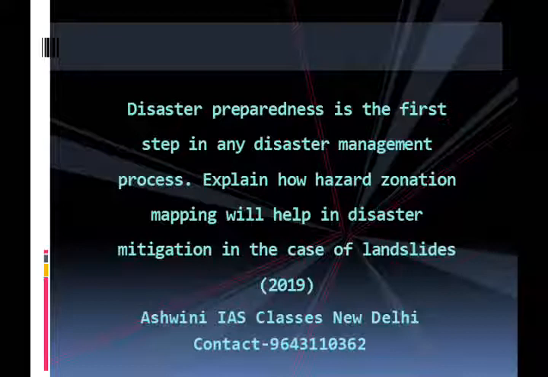Considering the importance of landslide risk zonation mapping, a proposal has been recently drawn up by the Bureau of Indian Standards to frame guidelines for landslide risk zonation mapping, and the Geological Survey of India, along with some members of the sectional committee of the Hill Development Council of the Bureau of Indian Standards, have been requested to prepare the draft guidelines. That is all for now.